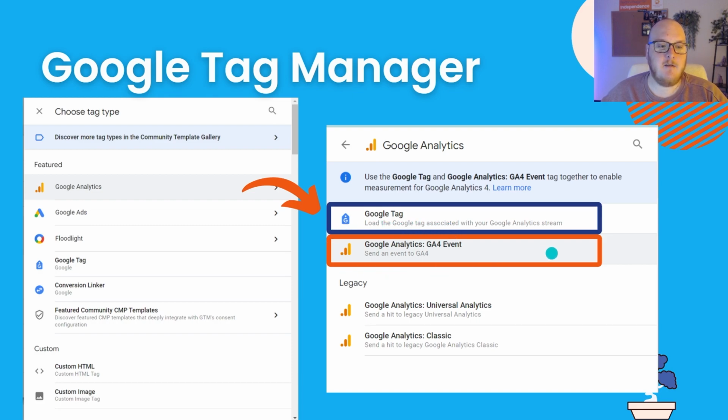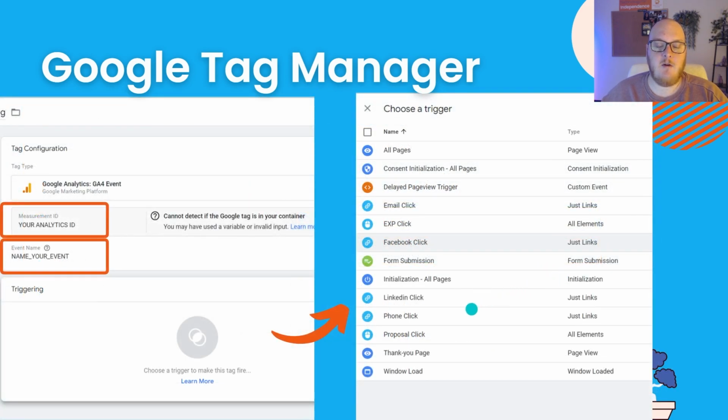So once you click on the Google event, you'll then be able to name your event here, and you also will put in your Google Analytics ID number. This is really where it's going to make that connection, and then you're going to be able to track it down here. I personally name the event something that is understandable,